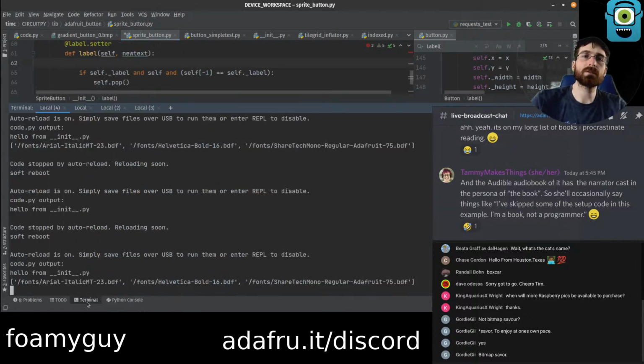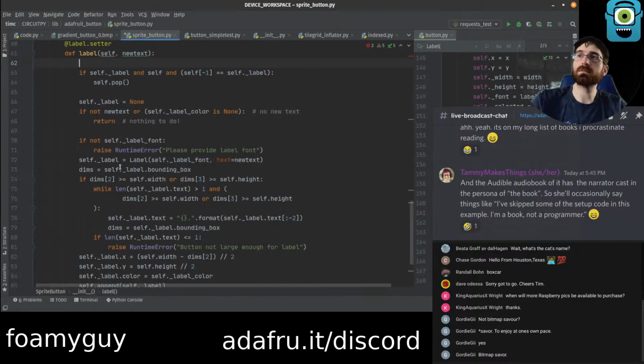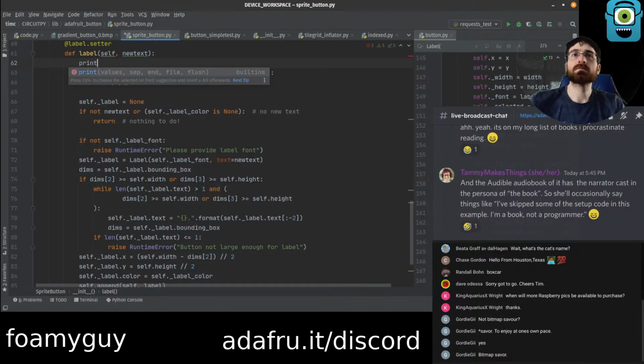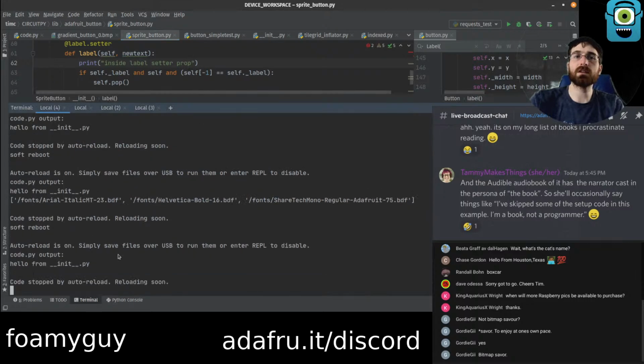Well, let's look at the REPL. Okay, nothing useful in the REPL. Do these things get called?